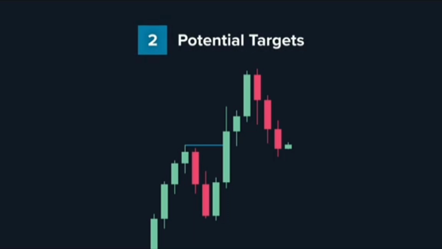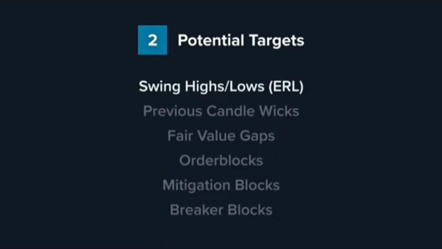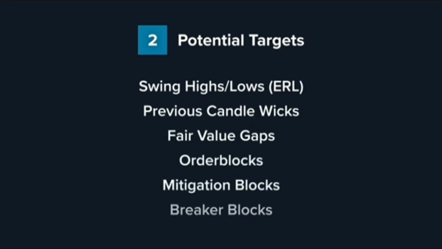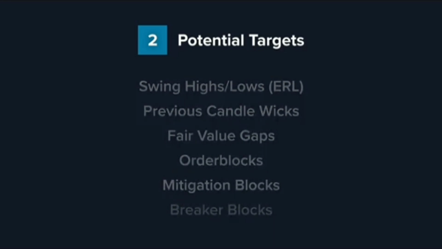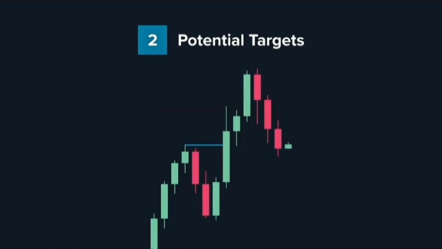And when we talk about targets, we are referring to any PD arrays on the chart that the market might target to create its next move. And these can be previous swing highs and lows, the wicks of the previous candle, fair value gaps, order blocks, mitigation blocks, or breaker blocks. So with this in mind, we now need to analyze this market structure and look for any PD arrays that we can find. So as a start, we can mark out the previous swing high and swing low levels, as